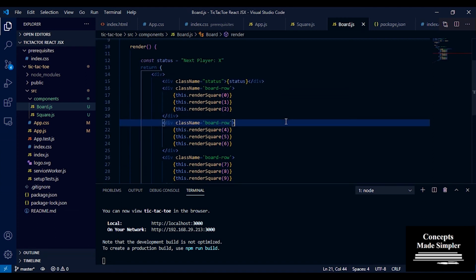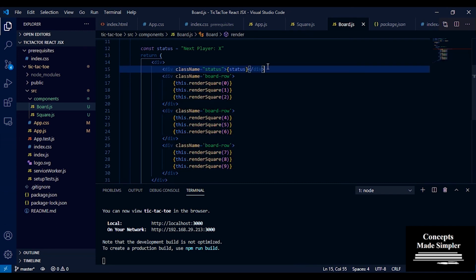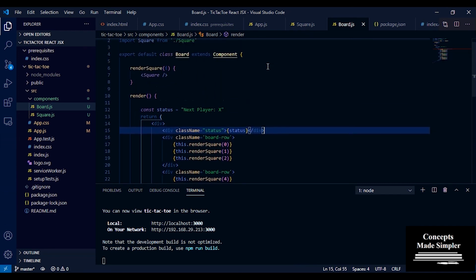So now we'll have our grid, and a status bar saying who the next player is.